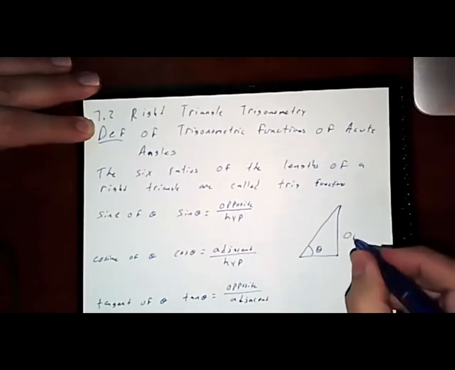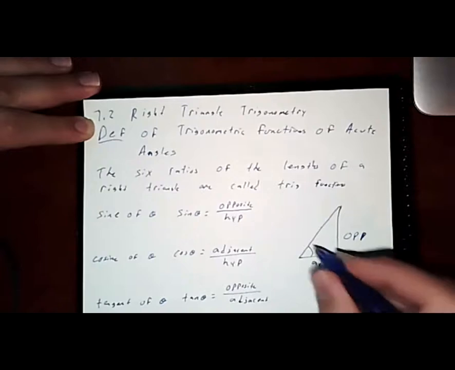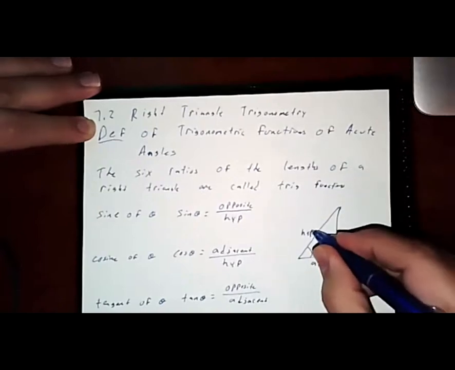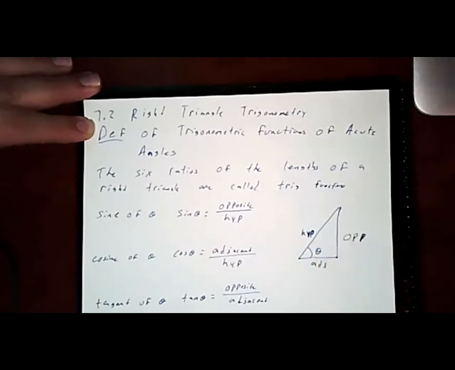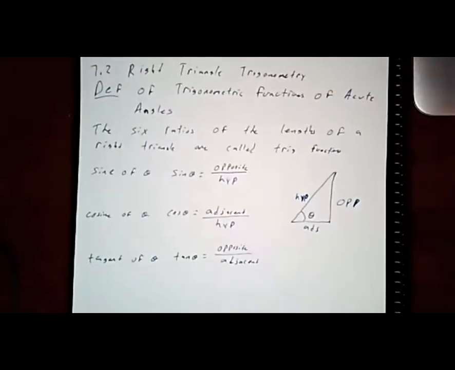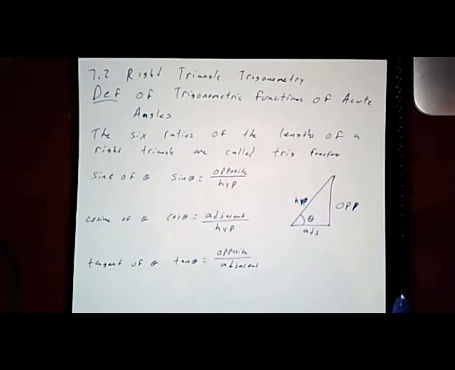So this is the opposite side. This is the adjacent side. This is the hypotenuse. Let me write that a little better. So when we say opposite and adjacent, we're referring to the angle that we drew. So there's the angle, opposite, adjacent. Adjacent meaning right next to it, opposite meaning the opposite side, and of course the hypotenuse is always the